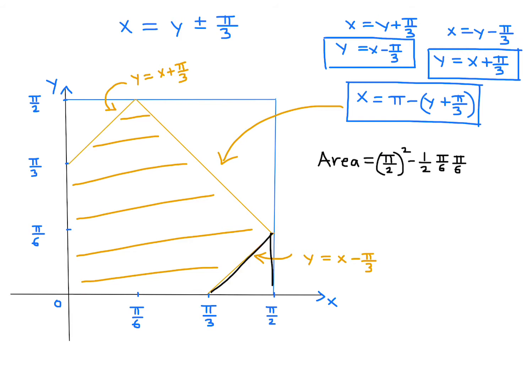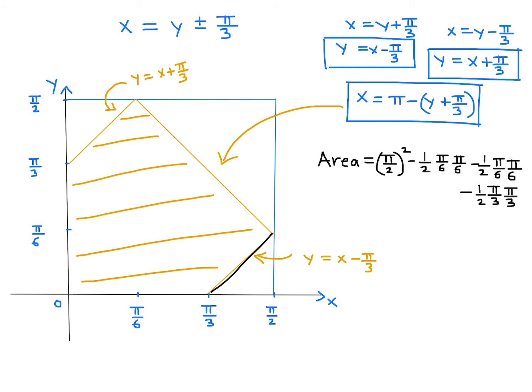And then we'll subtract this one here, which is identical. So again, minus 1/2 pi over 6 times pi over 6, 1/2 base times height. And then finally we have to subtract this big triangle right there. And that one is going to be minus 1/2 pi over 3